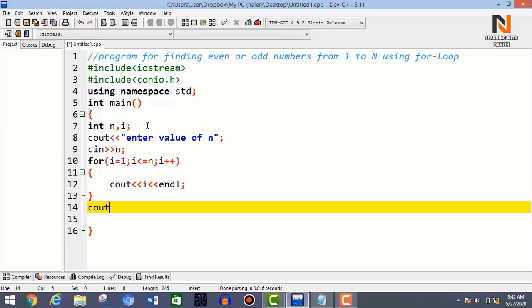Now if you want to find even numbers, first you display cout even numbers from 1 to n semicolon.